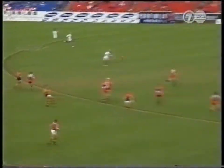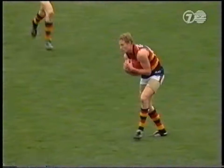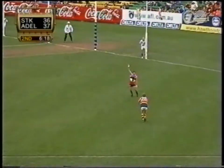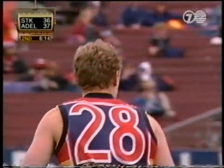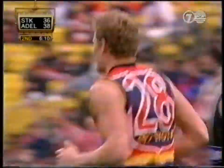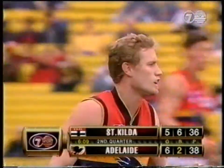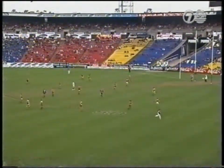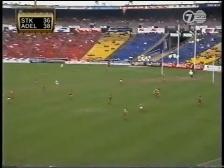I can't quite work out from a Crow's point of view why this boy doesn't spend more time on the ground. His work rate's pretty good. He is. He's 21, game number 50, and already 2 premierships under his belt. He's missed on this occasion. And a good pickup for the Adelaide Crows, without doubt. A lot of injuries during his career with groin and hamstring problems, but on the big occasions he's been there,